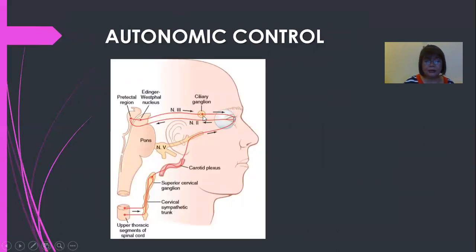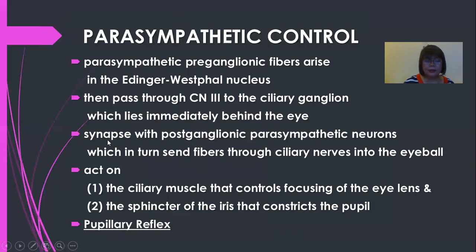There, ciliary ganglion. And then it synapses with postganglionic parasympathetic neurons, which in turn send fibers through ciliary nerves into the eyeball. These nerves will now act on the ciliary muscle that controls focusing of the eye lens for accommodation. Remember the discussion a while ago regarding the ciliary muscle contracting, releasing their hold on the lens, making the lens more round, less flat. And then it also acts on the sphincter of the iris that constricts the pupil, which is in charge of